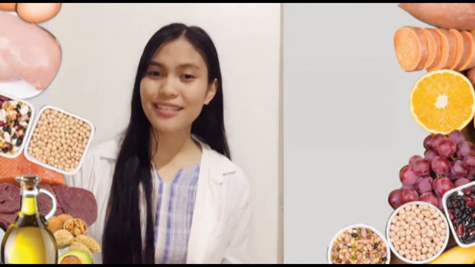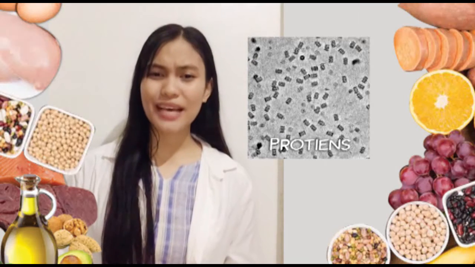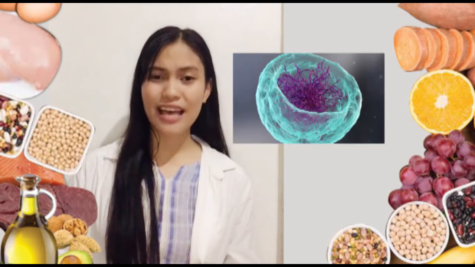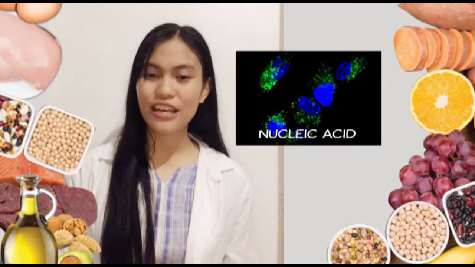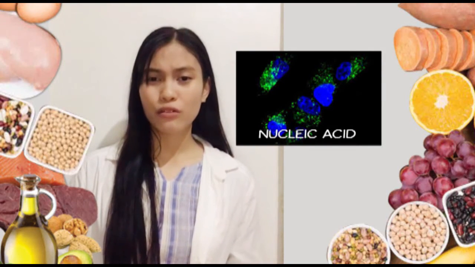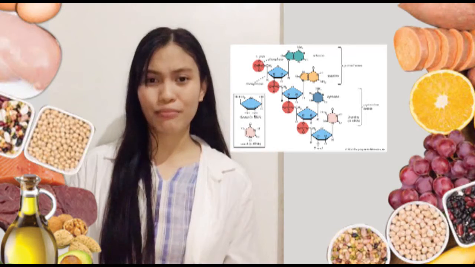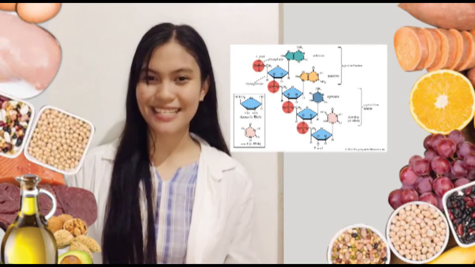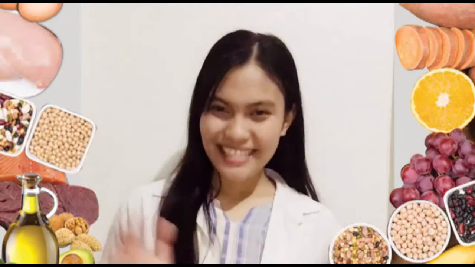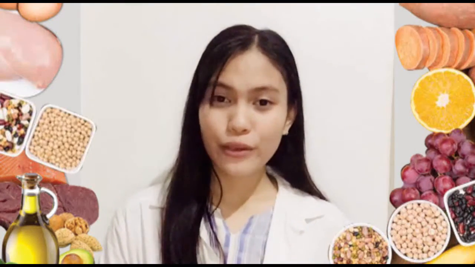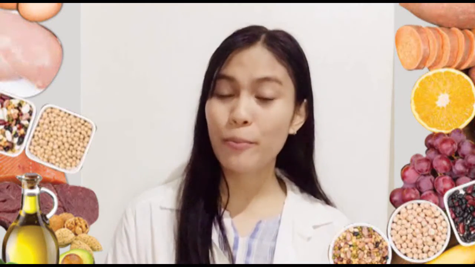The third one is the proteins. Protein supplies amino acids and maintenance of the cells in our body. The fourth one is the nucleic acid. Nucleic acid is responsible for the genetic material and templates of protein synthesis. Since I already gave you an overview of what biomolecules are, we can now find some biomolecules